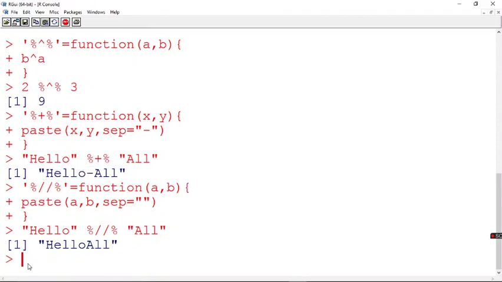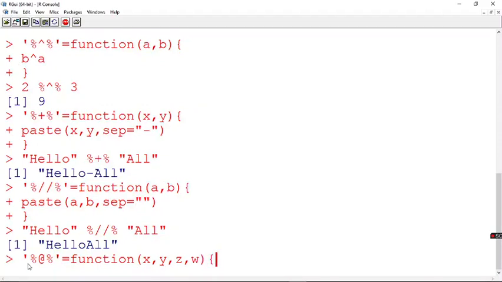So it need not be for the functions alone. You can even create an operator for creating a vector. For example, I will show you a simple example for creating one vector. Now I say here percentage, maybe I use the @ symbol, and I say this is one infix operator, and I say function of, and I am saying 4 values here.